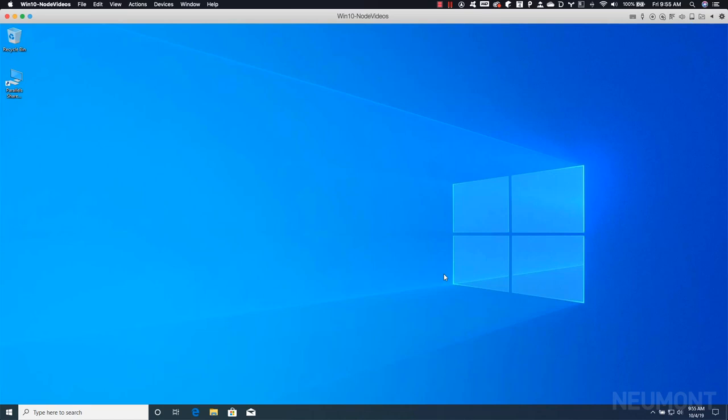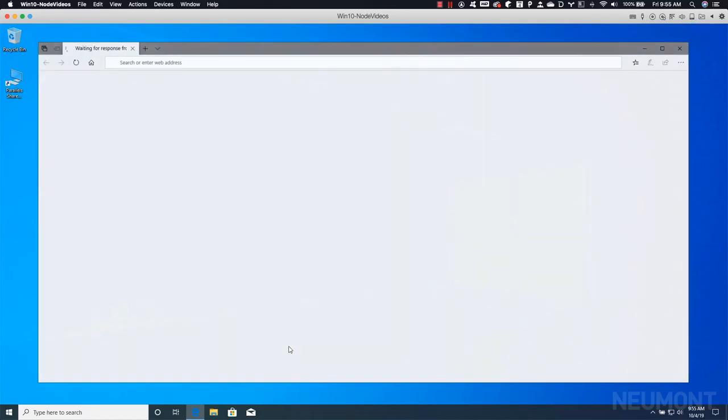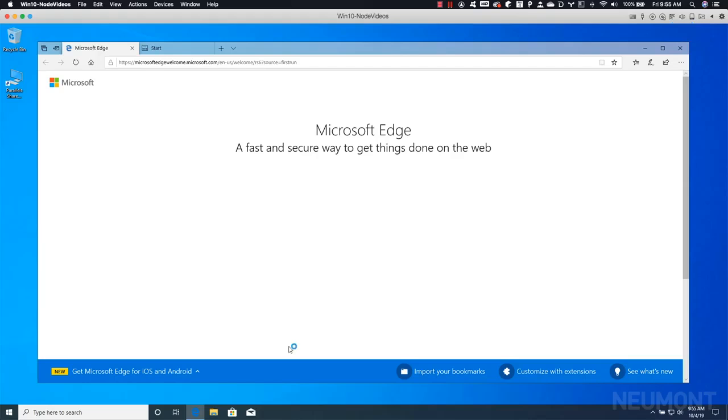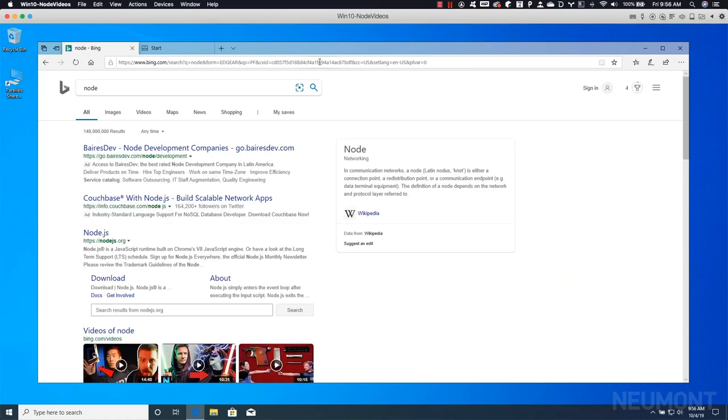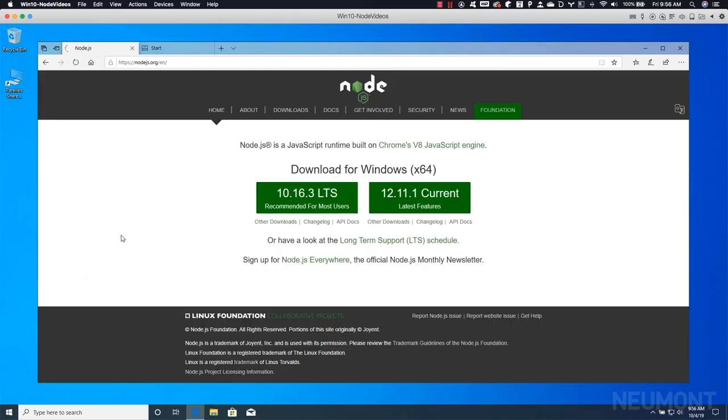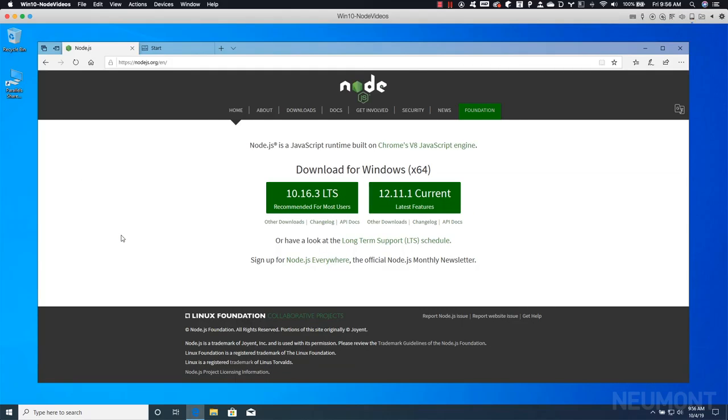Before we can start executing these JavaScript applications, we first need to go ahead and install Node itself on our machine. To do that, let's go ahead and open up a browser. Here I've got Microsoft Edge open. And let's do a search for Node. And one of the first ones that comes up should be Node.js.org. Node.js is where we can go down and download the latest binaries for our operating system that contain a